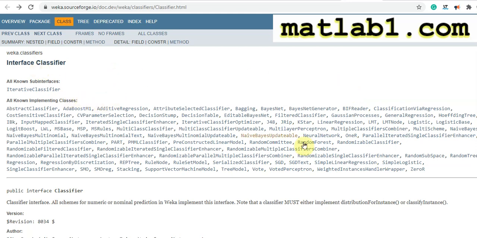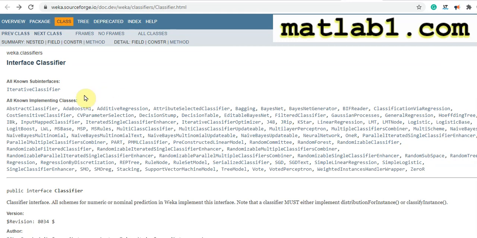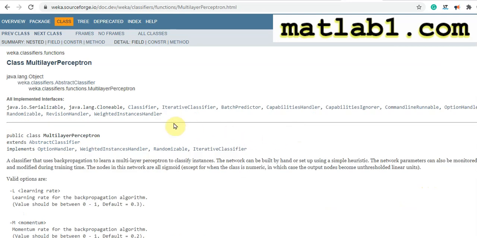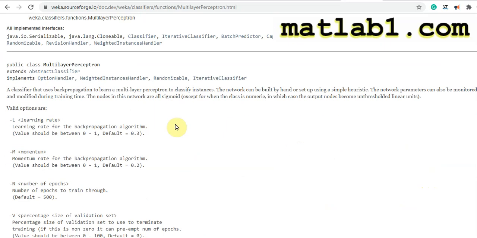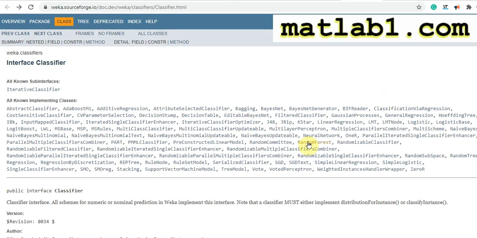You can see all of the classifiers that Weka supports in this list. There are many classifiers that you can use. For example, multi-layer perceptron. You can go to the multi-layer perceptron, and we'll teach you how to use it, how to set these options. For example, learning rate, momentum, number of epochs, or for example, you can do